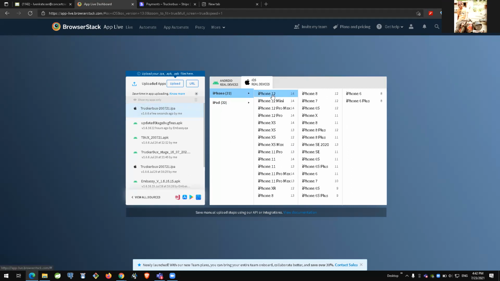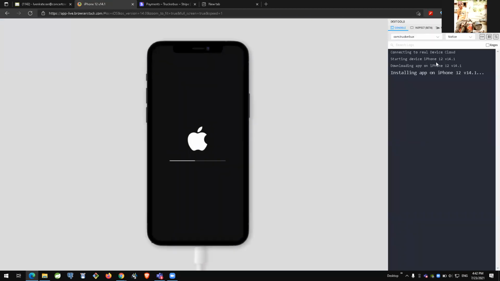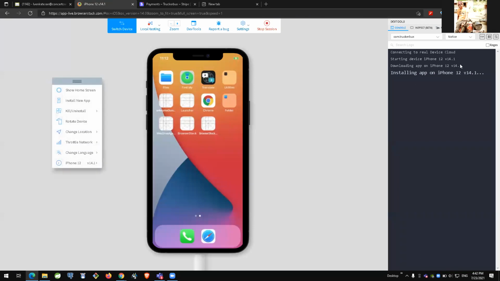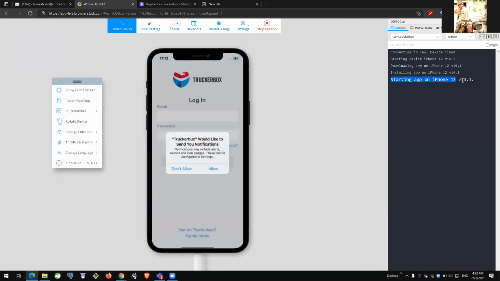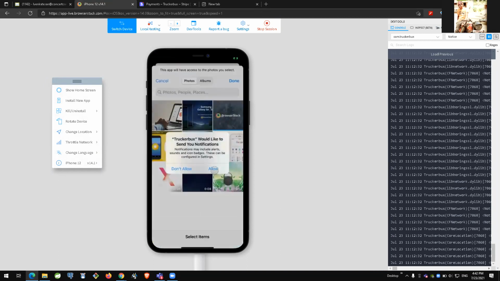Let me try it. I have a few other advantages and disadvantages of using BrowserStack. This is the current log, where whatever we are doing here is shown in the app. It will display everything on this side. So I can allow my camera itself. This is the current simulator where you can work.